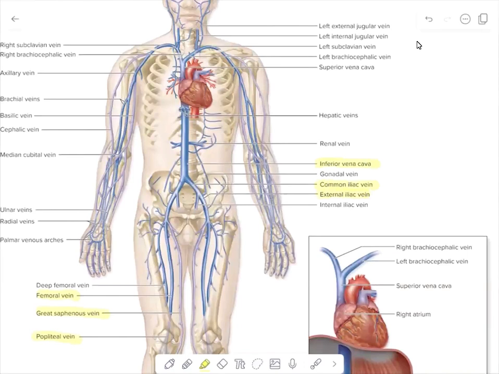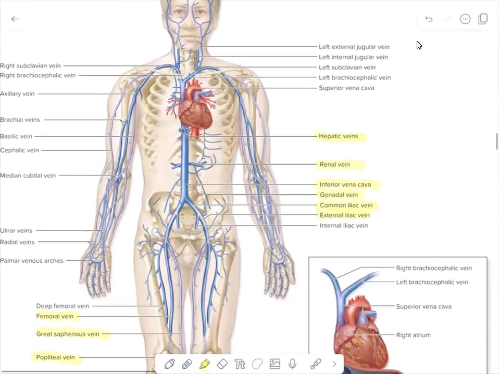Leading into the inferior vena cava would be things like the gonadal vein, renal vein, hepatic vein from the liver. For the upper arm, we see the radial and ulnar veins, leading to the brachial veins. We have veins like the median cubital vein, cephalic vein, basilic vein, all leading to the axillary vein, brachiocephalic vein,